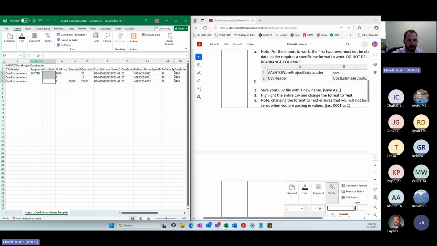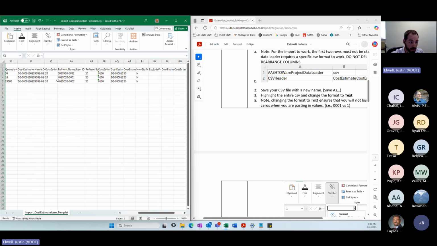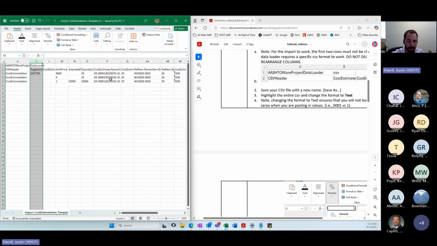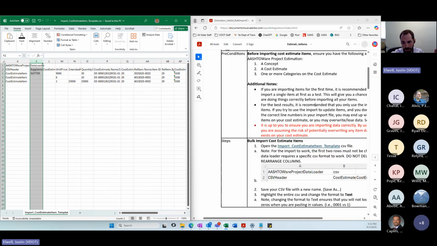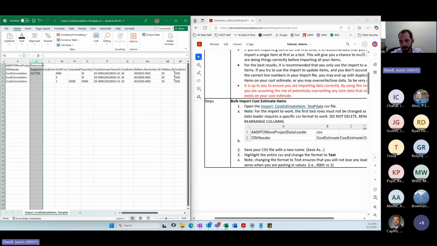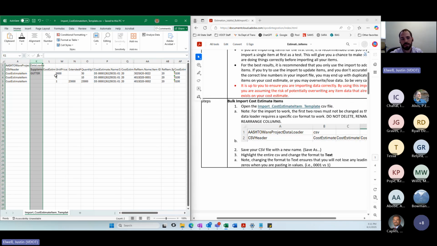But like I said, I'm not sure if you were there when I first started. You can hide these columns when you're loading, especially if you're going to be doing 200 items again. You can hide the columns to make it a little easier to read, but you cannot delete or rearrange any of those. But like I said, initially, it's a CSV file. It stores raw data, not formatting.